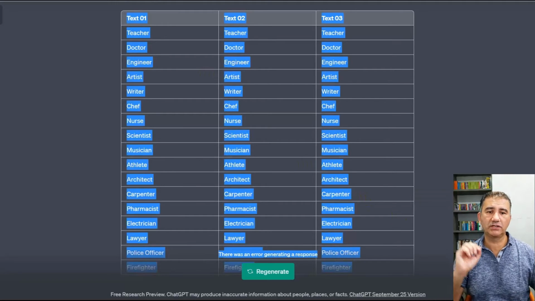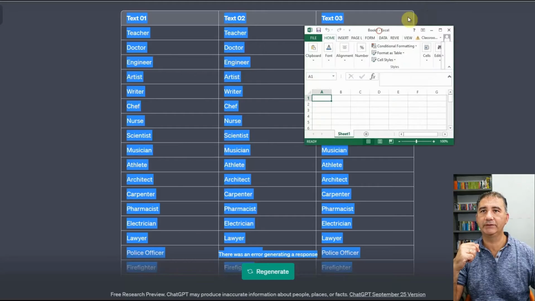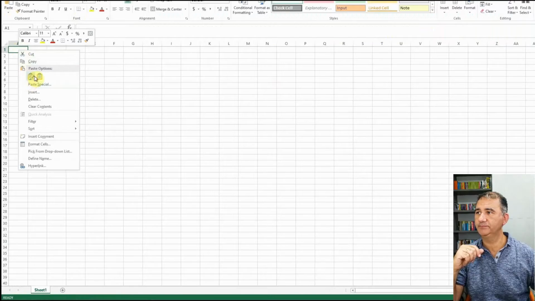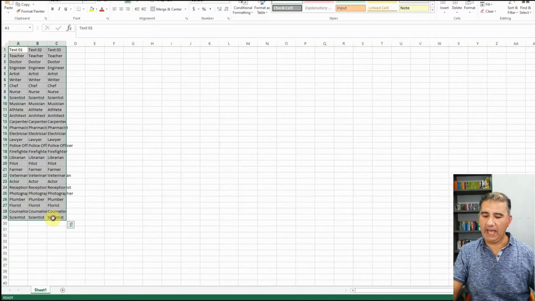Now, what you want to make sure that you do is have either an Excel spreadsheet or a Google spreadsheet open. I have an Excel sheet open here. I'm just going to bring it into play here. And what we're going to do is paste it in the first column. Now, once you have this on a spreadsheet, you're going to copy it once again,